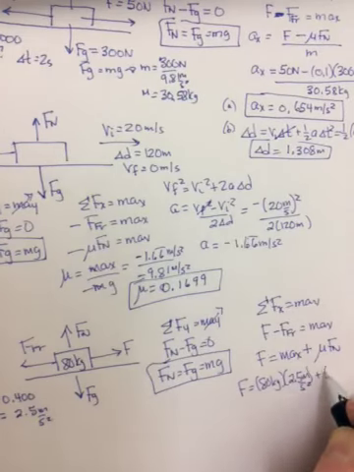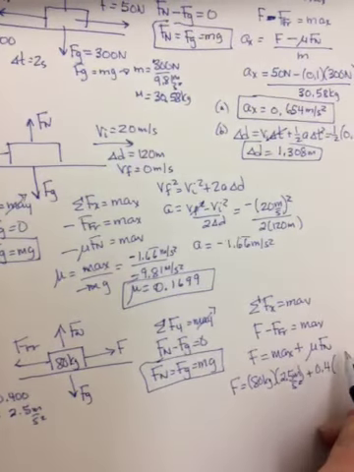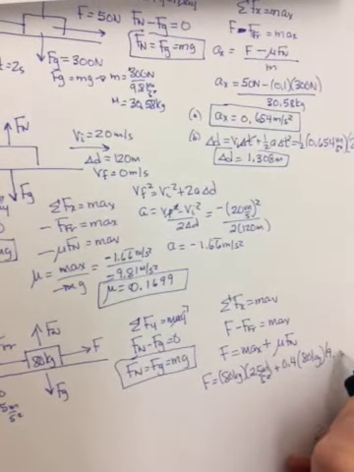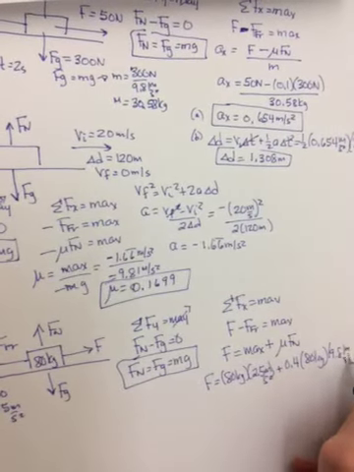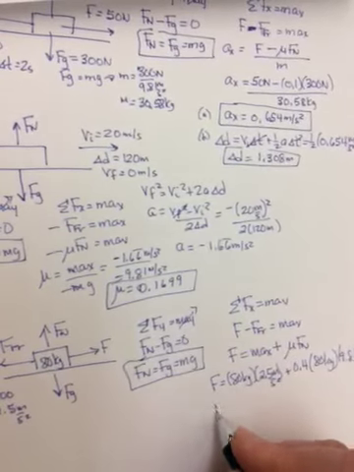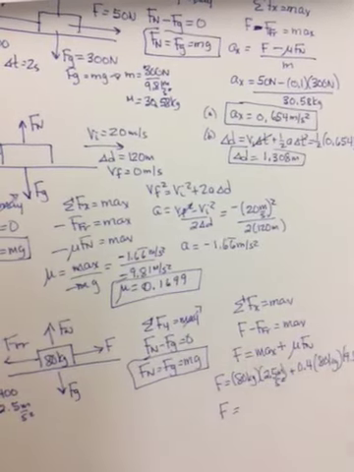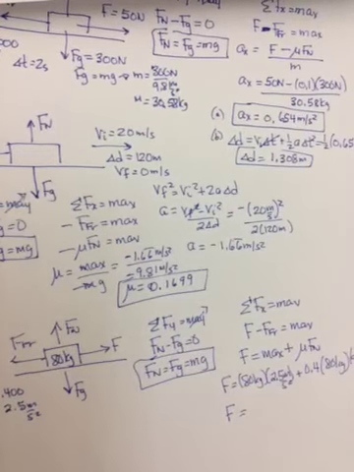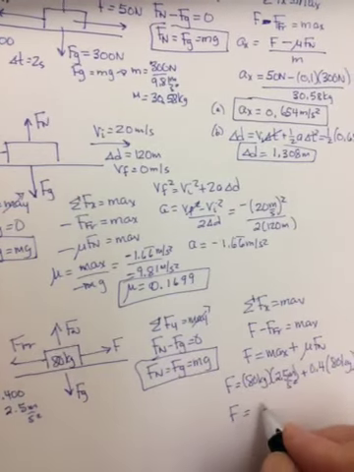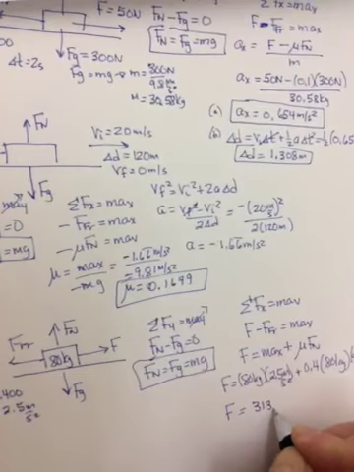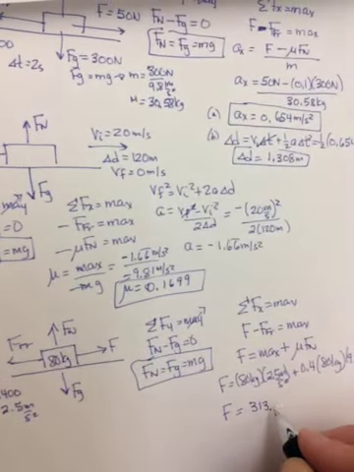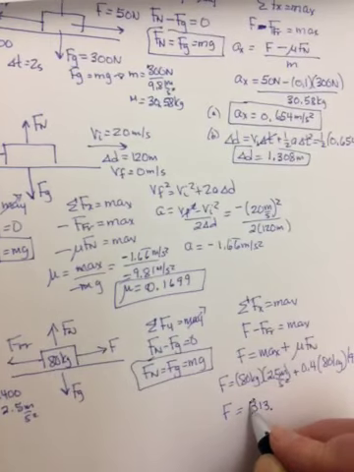Mu is 0.4. M is 80 kilograms times 9.81 meters per second squared. First term is going to give you 200. Second term is going to give you 313.9, so you add it together and you get